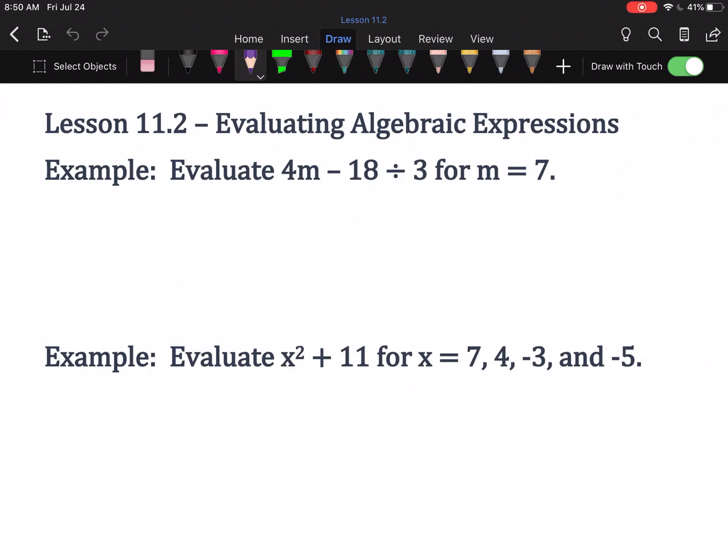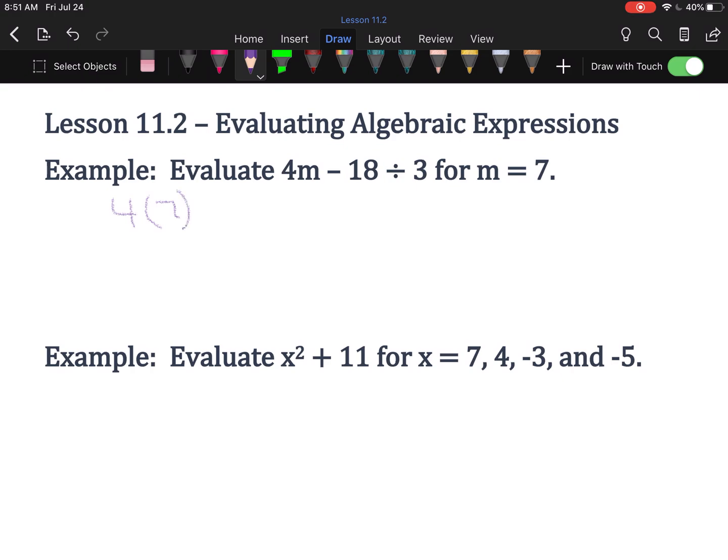Our next lesson is evaluating algebraic expressions. So we're going to be given an expression this time and told a value to plug in for m. Or sorry, for whatever letter they give us. Here, in the first example, it's m. So we're given the expression 4m minus 18 divided by 3, and we're told that m is going to be 7. So the first thing we're going to do is rewrite this expression with m taken out and 7 placed